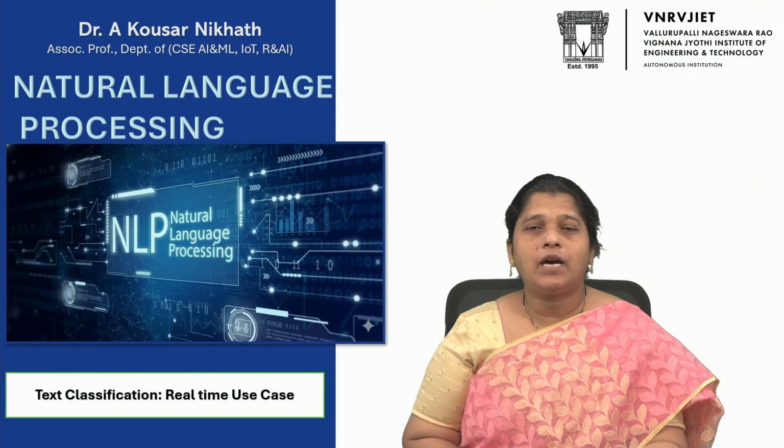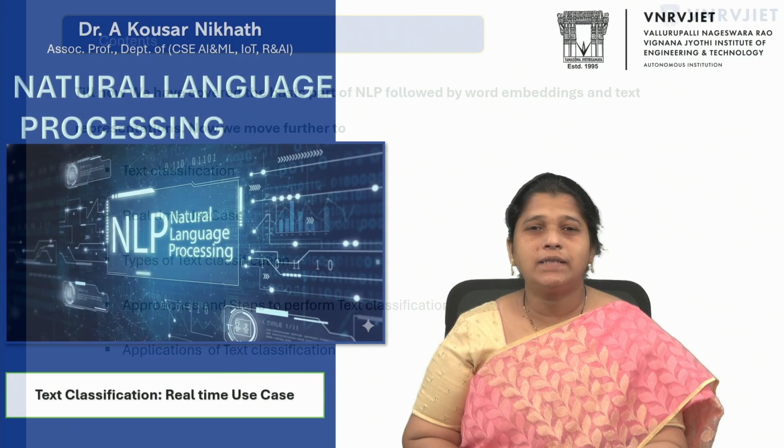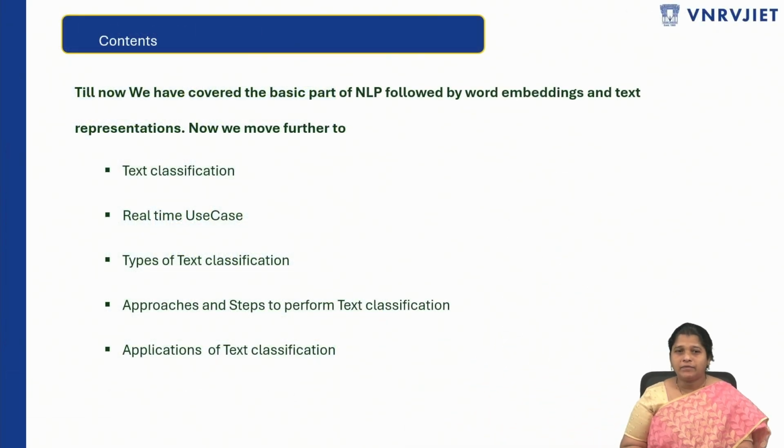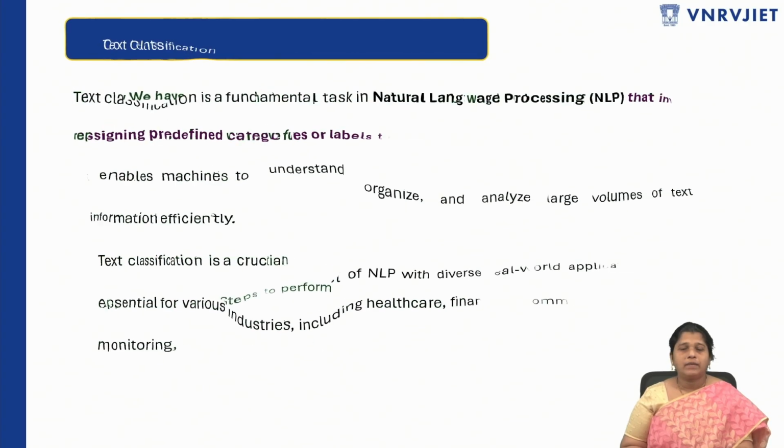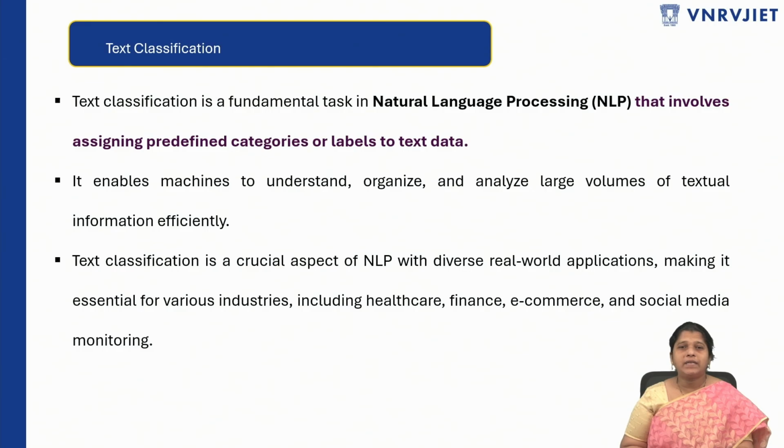Welcome back. Now we'll discuss text classification with some real-time use cases. We'll also see the types of text classification, the approaches, and the steps to perform text classification with a small example. As the term itself suggests, text classification is a fundamental task in NLP that involves assigning predefined categories or labels to the text. It enables machines to understand, organize, and analyze large volumes of textual information